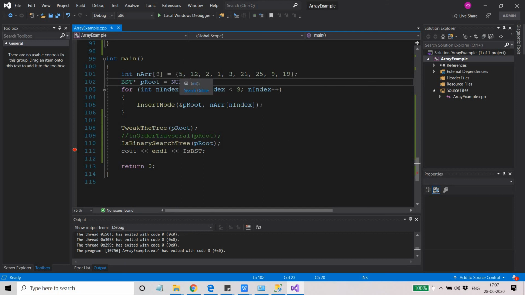Like here, if I just jumbled up the numbers, like I put 9 here at the first, then 9 will become the root, and I put 5 in place of 9. In fact, I just swap 5 and 9, then also a binary search tree will be created. But when the binary search tree is created, both will contain the same nodes because the elements are the same. So how will we find that both binary search trees have the same set of elements? There as well we can use the stack concept.